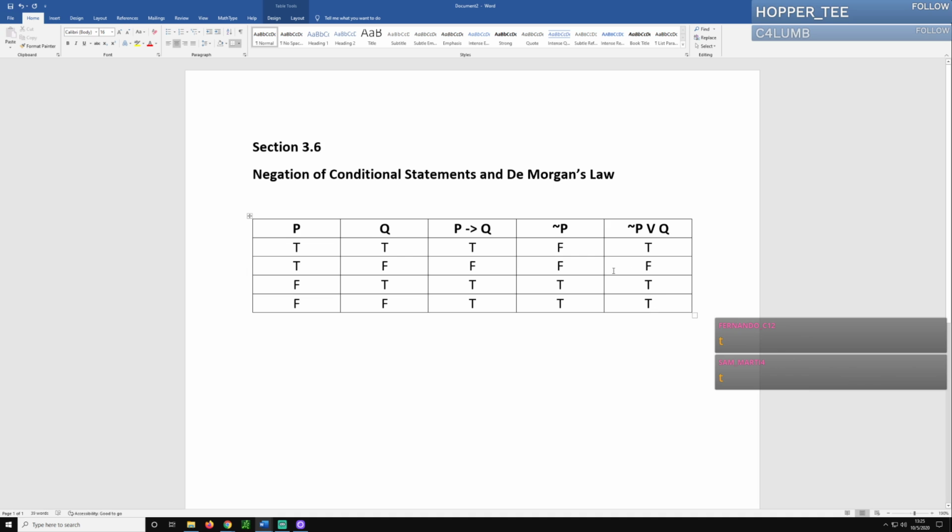Excellent work. Okay, so let's compare the two truth tables. Here we have the first truth table of if P, then Q. Notice we have true, false, true, true. Here we have not P or Q. We have true, false, true, true. So they both have the exact same truth tables. This leads up to a very important note. There's going to be a couple of keys. The first key here is that if P then Q